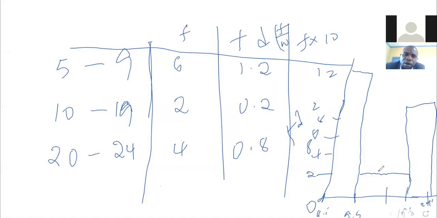When you are drawing a cumulative frequency curve, is it a must that you start the origin with 0 always? Okay. Now, when you are drawing a cumulative frequency curve, I wish I could take you back to the slide, but